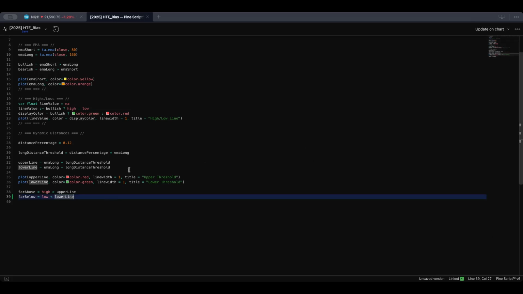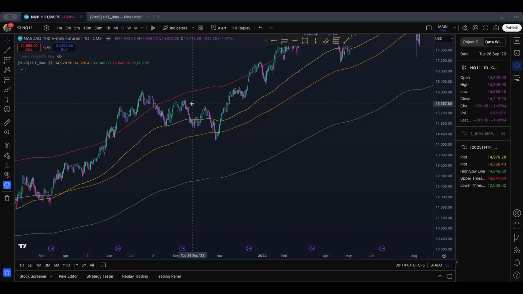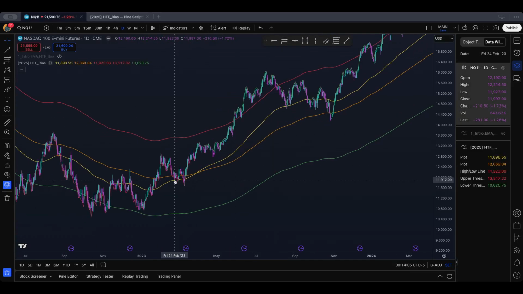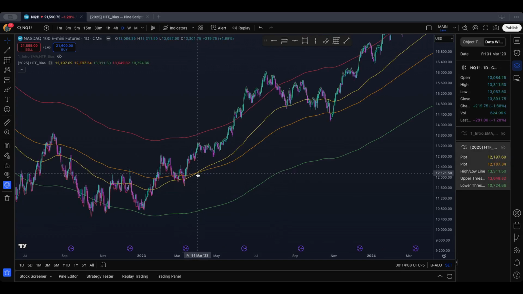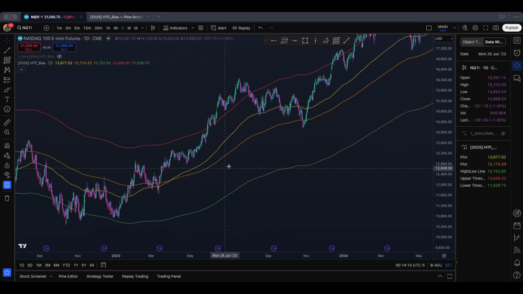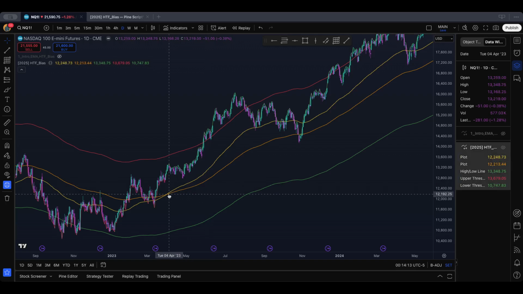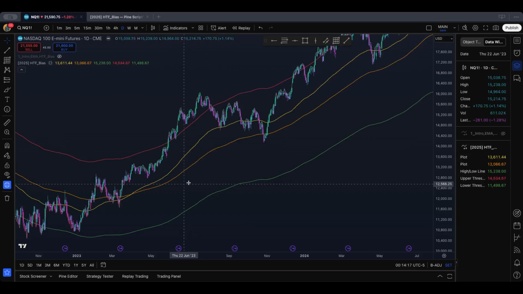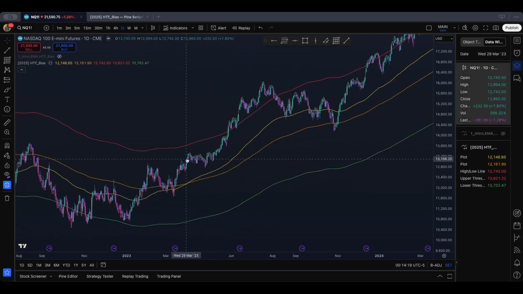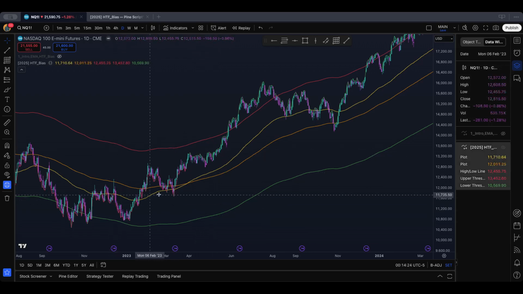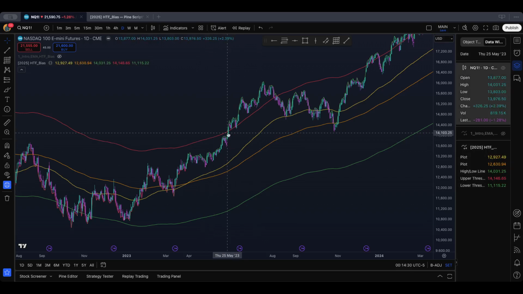Now, let us do something else as well. So as you can see, where we started out with our two lines crossing for our EMAs, at the time that was useful to know whether we were bullish or bearish and to sort of give us some frame of reference. But now that we have our green line that's going above the candles, or red line that's going below the candles to show us whether we're bullish or bearish,